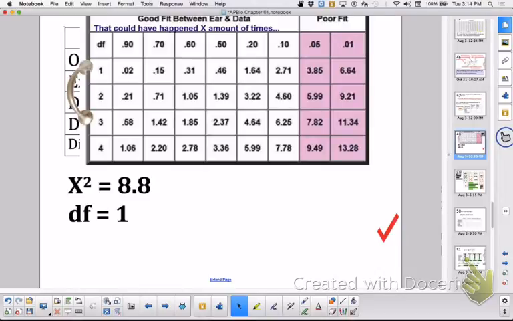So, did I disprove my null hypothesis? Yes. My null hypothesis said there's nothing wrong with the number of women. That could statistically happen. That could be due to chance. But when I did the data,